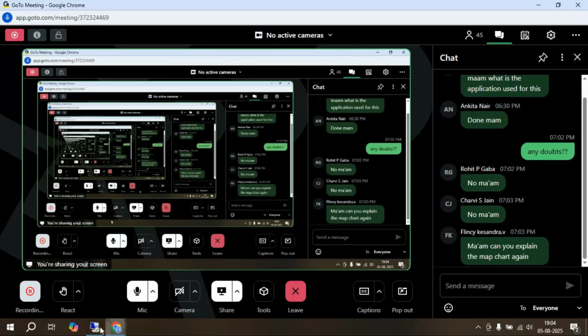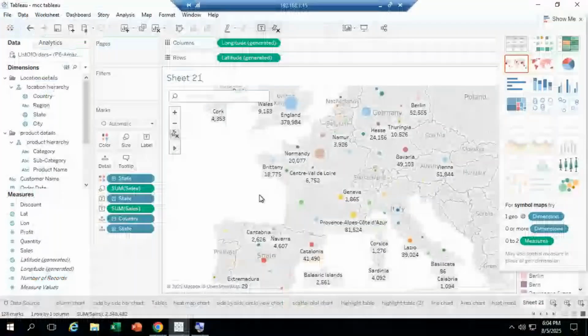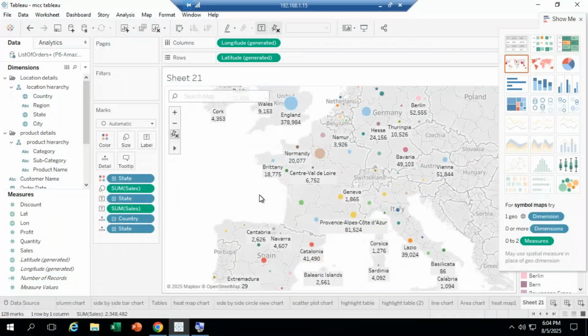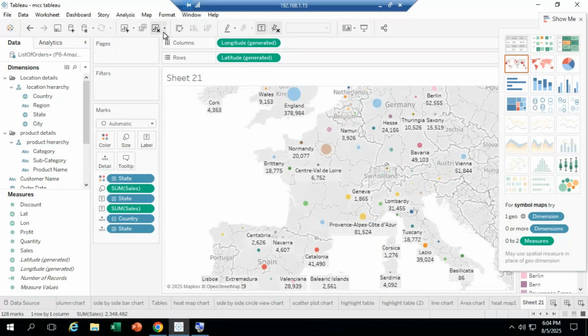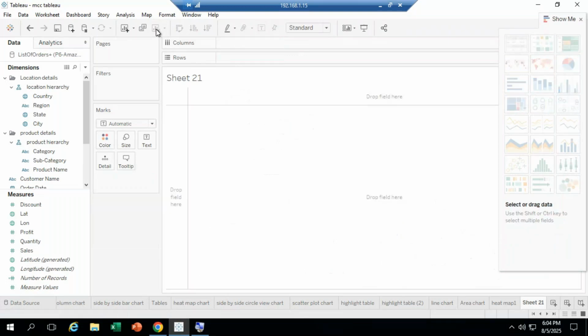Okay. So here, once you select the information, what are those options? I'm going to remove that. See, I'm going to clear the map chart. Here, click on the clear option. We cleared it now. If I want to display the map chart, so open the